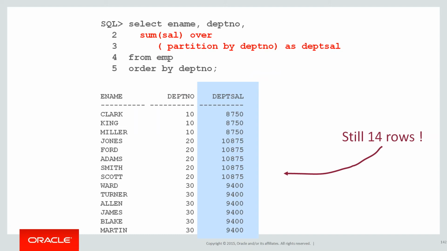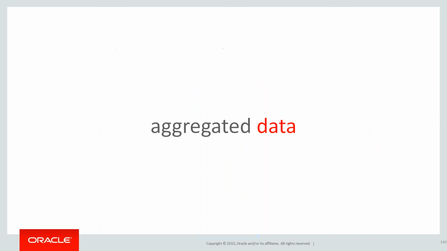For an analytic, we are calculating aggregates, we are aggregating the data, but we are not aggregating the actual result. So in this case, I've got the same numbers, but I don't actually reduce the number of rows. I keep the original rows in the table plus some aggregated information that came out of the analytic. I've aggregated the data, not the result. So that's key point number one. Just because we're doing aggregations, we still have access to the raw data at a row level.